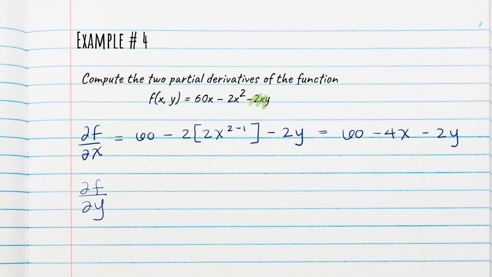So we're going to focus on that as we take this partial derivative. So we're asking ourselves, how does f change with y? Well, it doesn't change through 60x. It doesn't change through the negative 2x squared term because neither of those have a y in them. It only is changing through this negative 2xy, the final term. So every 1 unit increase in y should cause f to change by negative 2x. Following the rules of differentiation, we'll see that that's true. We have y multiplied by a constant term, negative 2x, and we know the derivative of that is just the constant.